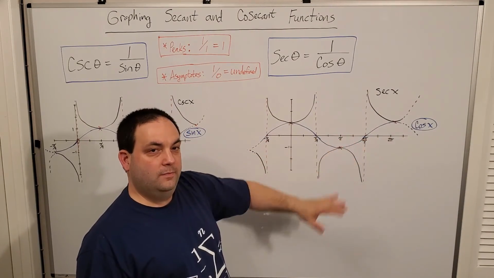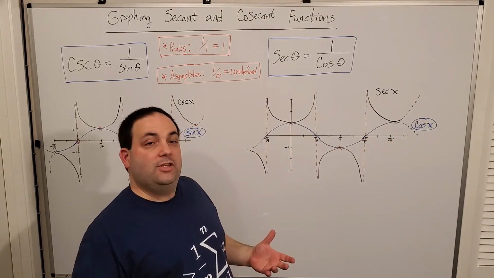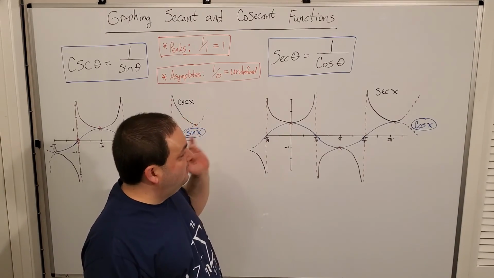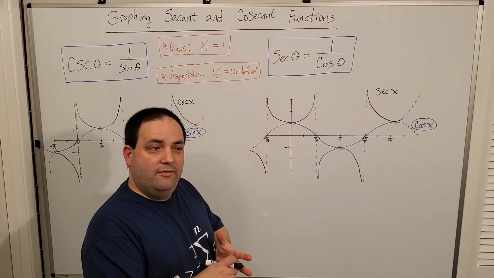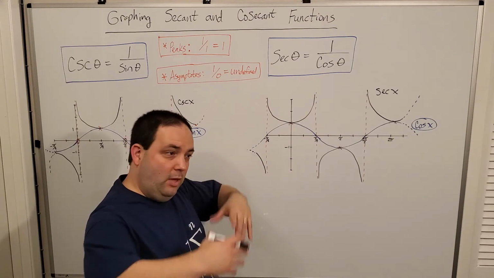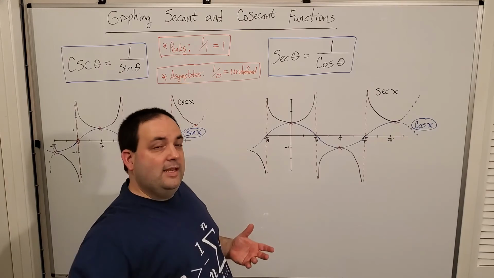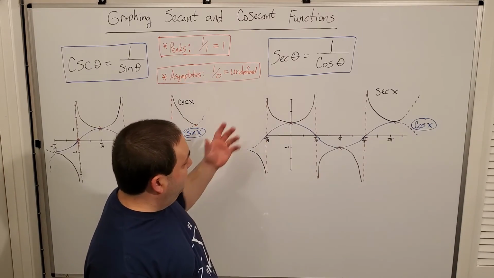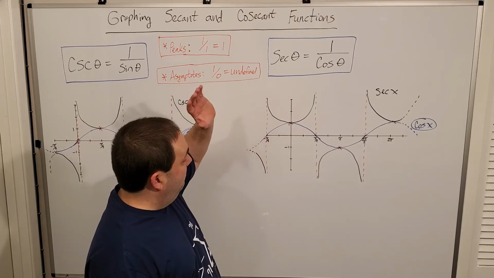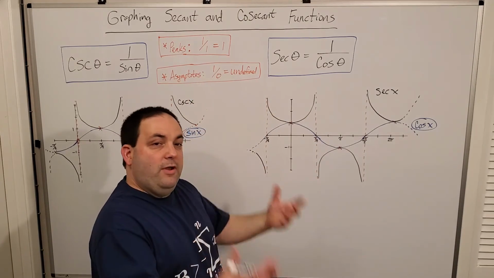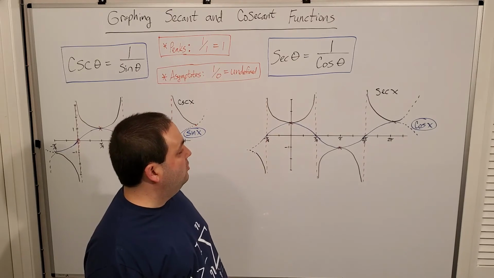secant graph. Very typically, actually, even on the tests I give my students, I'll tell them to draw a cosine and a secant on the same graph so that I can see that they understand both without having to give a bunch of problems. That doesn't mean everybody's going to do that, but it is a very efficient way of looking at these problems. To draw a secant, it's very easy to start by drawing a cosine, but notice you